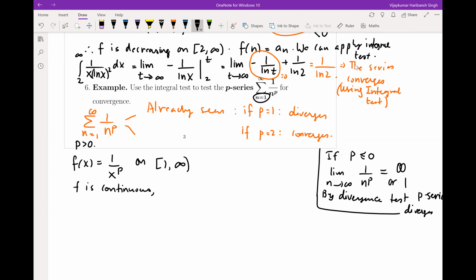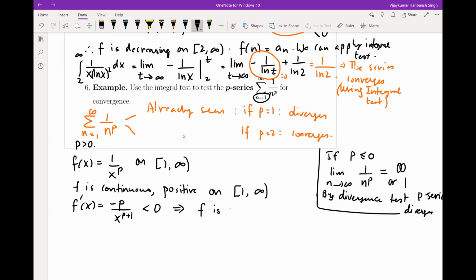Now we need to see if it is decreasing or increasing. So let's take f prime x. f prime x is going to be minus p upon x to the power p plus 1. Now the bottom is positive, but minus p basically makes this less than 0. This implies f is decreasing